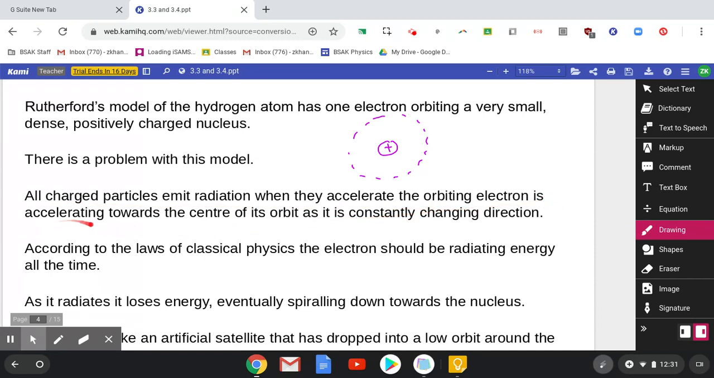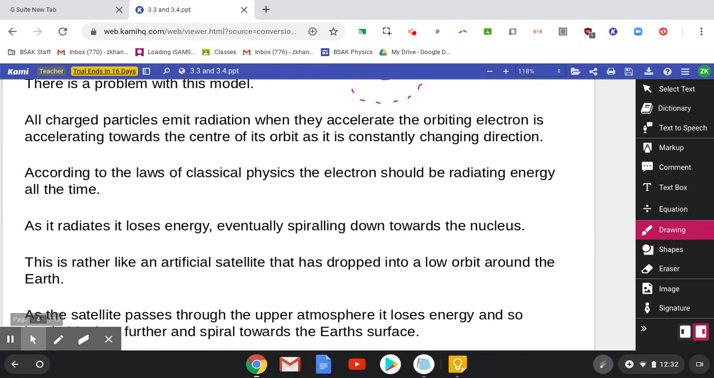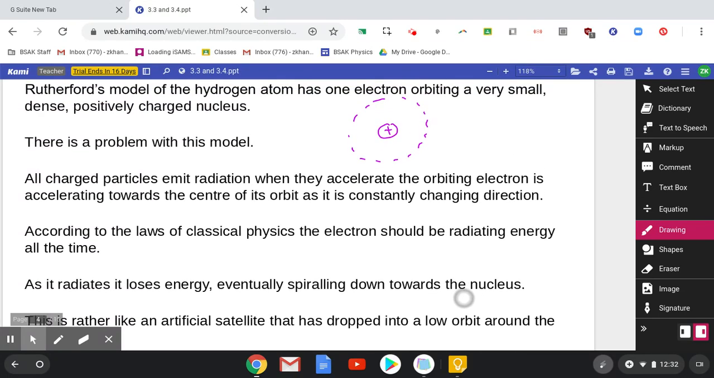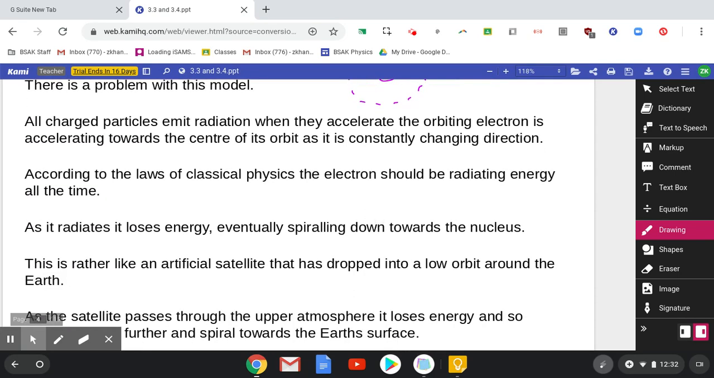The orbiting electron is accelerating towards the center, and it's constantly changing direction. According to the laws of classical physics, the electron should radiate energy all the time. Unfortunately, we do not pick up any of that radiation, so classical physics cannot be used to describe what's happening inside the atom. This is where the birth of quantum physics